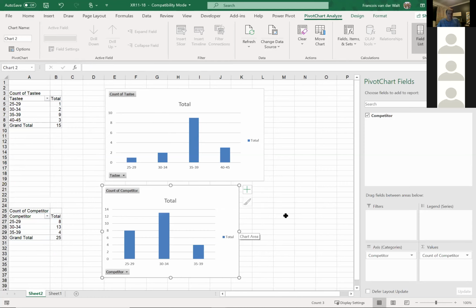Can you see that they're checking the assumptions? Yep, it's more or less normally distributed. And again, I can see that this one is smaller than this one. Can you see that? The average will be less than that one. And that's what we've got. And yeah, the overlap isn't big. If you look at the mode, can you see this mode is in 35 to 39, and the mode here is 30 to 34. That also tells me there's a difference in the means.